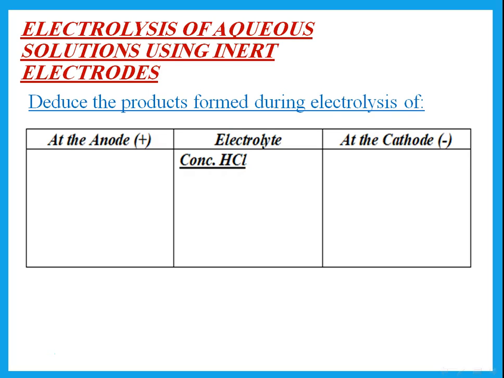But if we're doing electrolysis of aqueous solutions, an aqueous solution means that in addition to the compound we're talking about, we also have water, and water will ionize. So if I say concentrated hydrochloric acid, the first thing we ask ourselves is, what are the ions present in the electrolyte? Well, from the HCl, we have H+ and Cl-. But also we have water that ionizes, and when water ionizes, it forms H+ and OH-. You should remember that. Okay, so any positive goes to the negative electrode, any negative goes to the positive electrode,